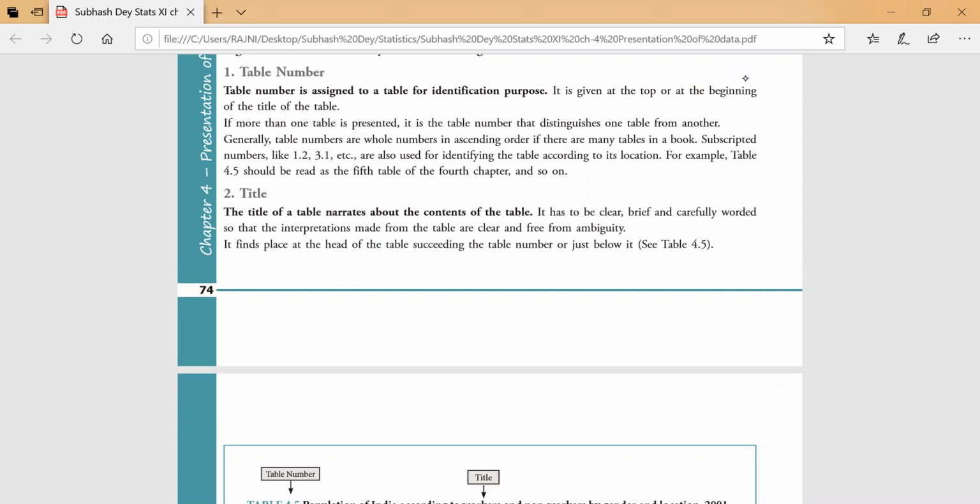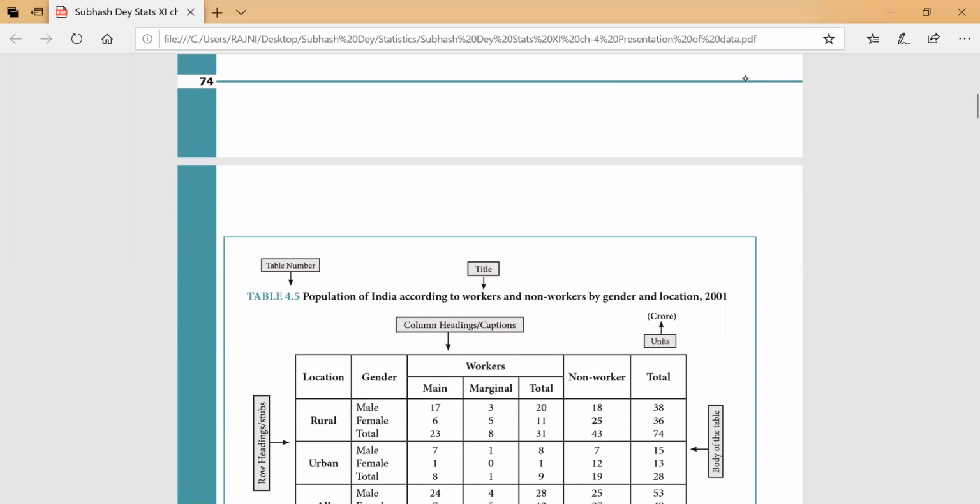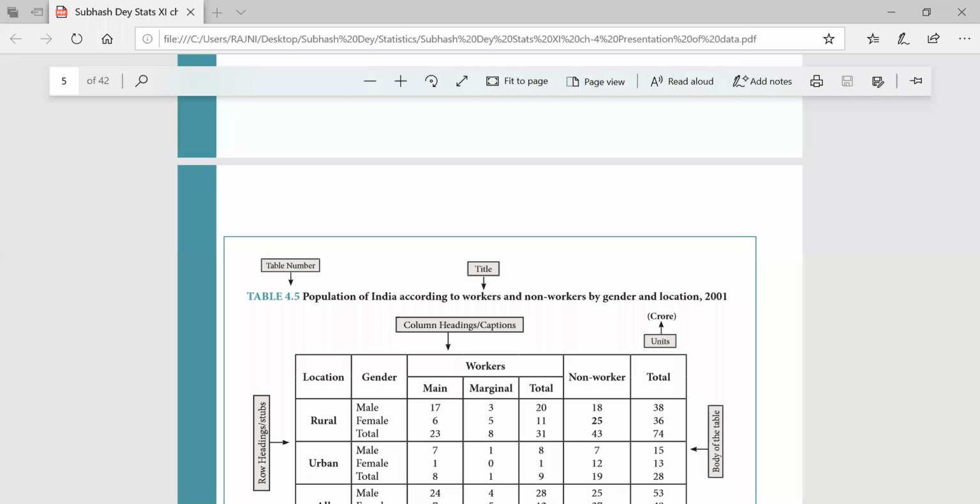The first one, table number. Table number means every table must be assigned a particular number. Why? What is the reason behind it? In order to identify the table, a number must be assigned to a particular table, and generally it is given at the top or at the beginning of the title of the table, like this. You can see very well here the table number 4.5. After that,